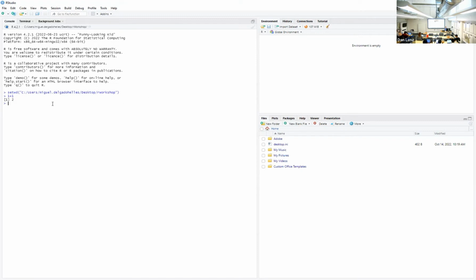R is an object-oriented program. Okay? So most of what we do in R is creating objects of some sort, right? So maybe I wanted to store this calculation that I did, right? And so I could give that a name, and I'm going to call it X, as I did in the file also. And so I'm going to say X, and I'm going to assign to X the result of 1